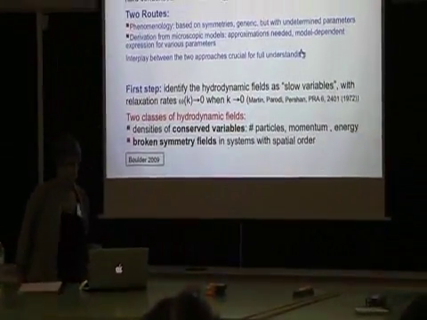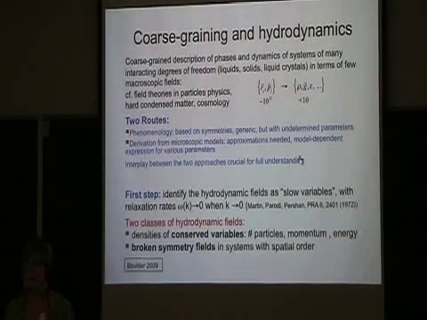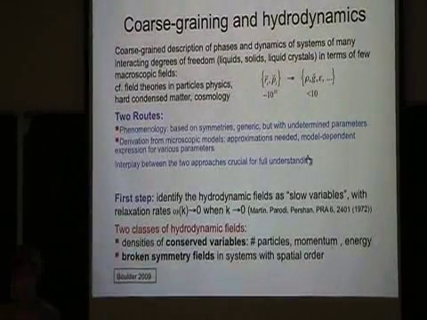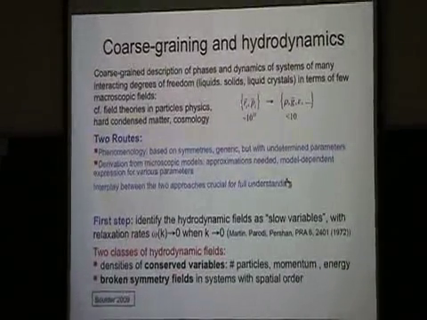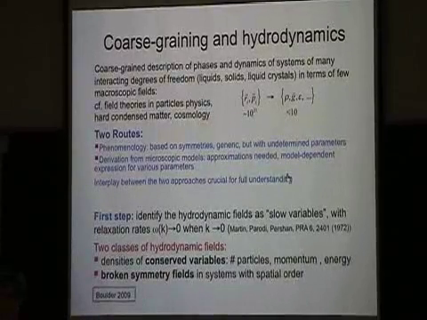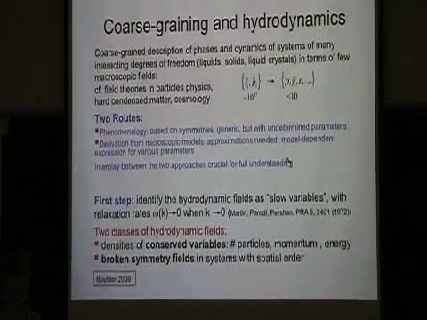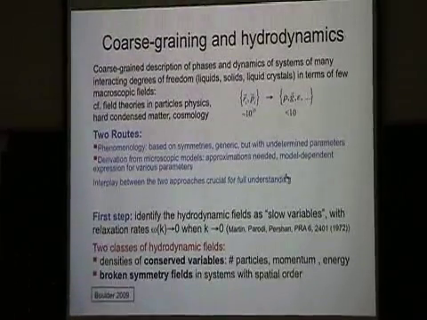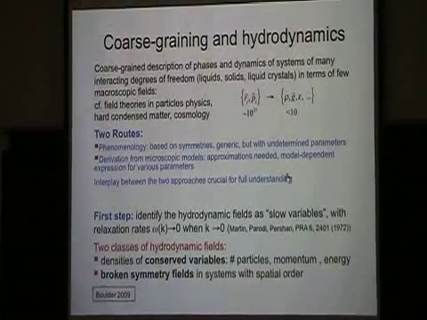About the phenomenological approach: clearly the first step is to choose the macroscopic or hydrodynamic fields. When you disturb the system from equilibrium and then watch it relax, how it relaxes to equilibrium is of course determined by the microscopic interactions among the many degrees of freedom. But there are a few collective excitations, like the phonons in a solid, that relax more slowly, so they stand out, and they form a set of what we call slow variables that are the ones we will choose for this macroscopic description of the system. And there are two classes of such slow or hydrodynamic variables.